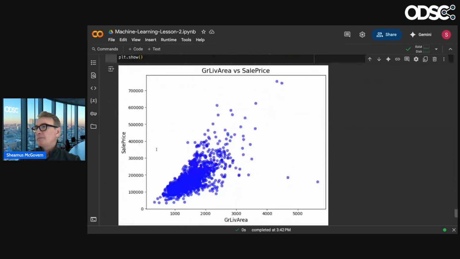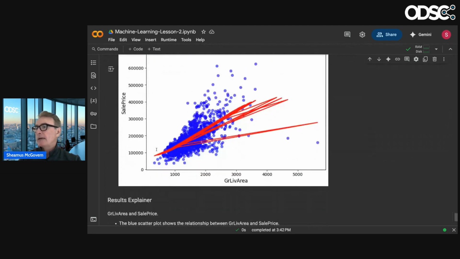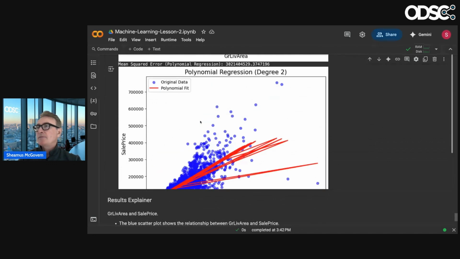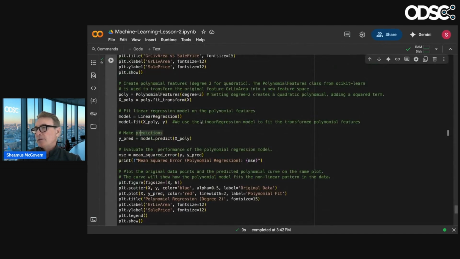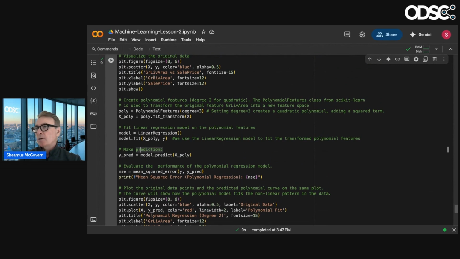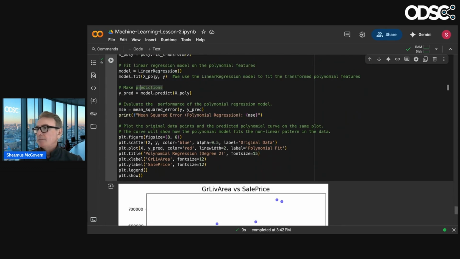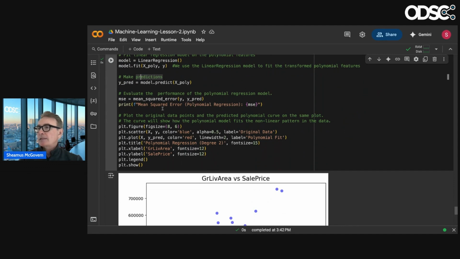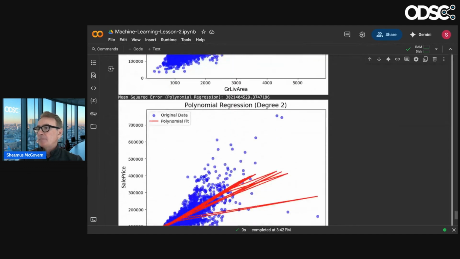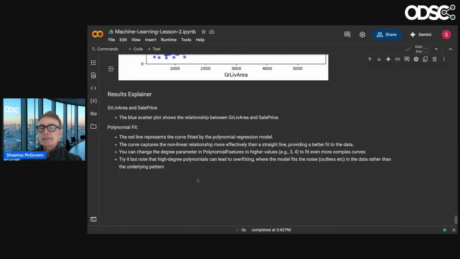And yeah, so play around with that and try different features. You can try total living area. You can try number of cars in the garage, and that should be quite useful. And interesting the way it slopes those lines there. Okay, so that's the second notebook.